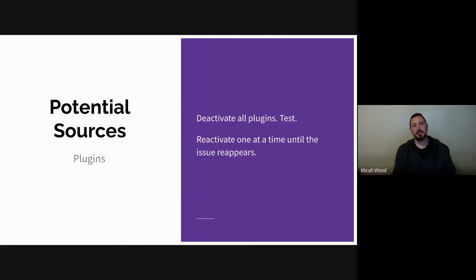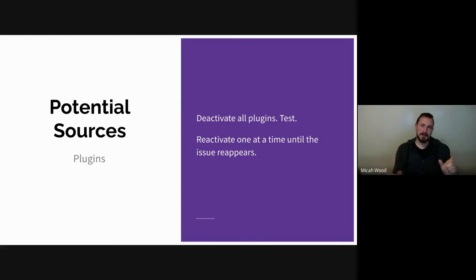Typically what you'll do is deactivate all the plugins. Now, in some cases, if you disable a certain plugin, it could turn off the functionality that isn't working. So it may be that you say, okay, I'll leave this plugin on and turn everything else off and see if that breaks it or fixes it. Usually when you turn all the plugins off, if it's a plugin problem, the problem goes away. And then you can turn the plugins on one at a time until that issue pops back up. Usually the last thing that you activated before that issue came back is the problem. That way you can identify that particular plugin as being the problem.